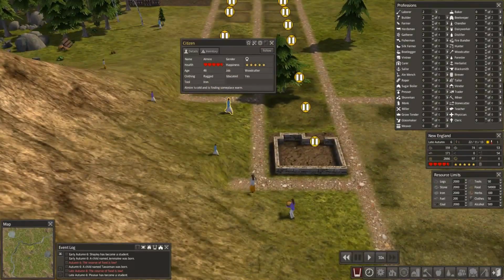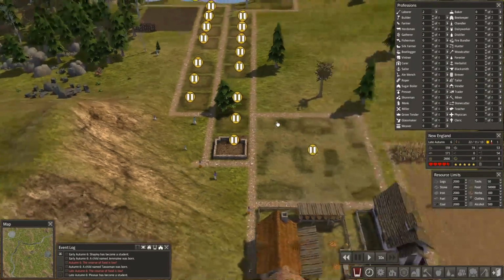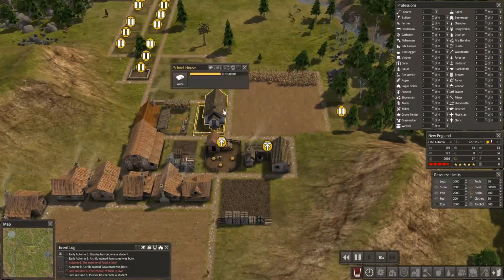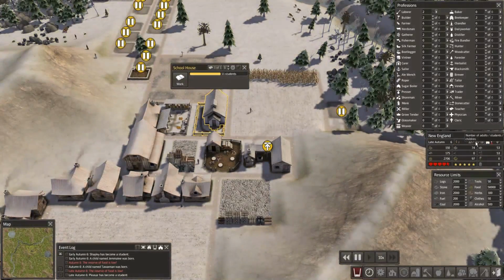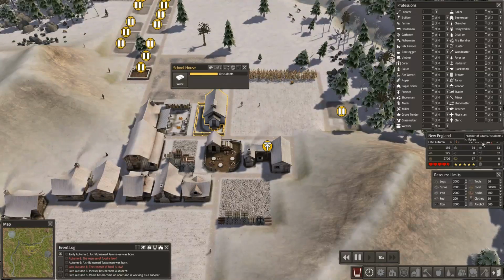These are children anyway. How is the school doing actually? That's what I want to know. We've got 11 students, okay, so you can have a maximum of 20 in a school, can't you? There's 11 students, we've only got 11 children. Oh no, we've got 13 children. Okay, so they should really...